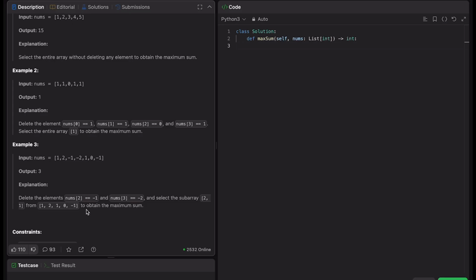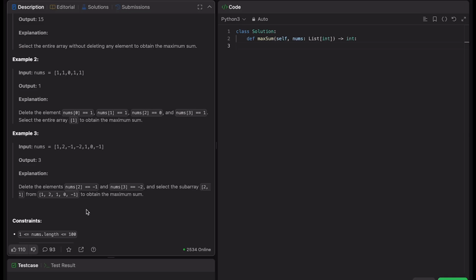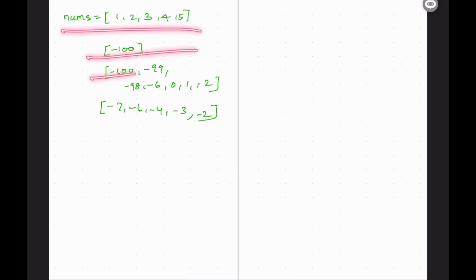So if you see, it can be possible that only negative elements are present in the array. If you think of only negative elements present in the array, what will happen? If you keep on summing negative numbers, the maximum sum will get decreased. If you have positive and negative, you should ignore the negatives altogether to get the maximum sum. So these are the different scenarios that we will take a look at. These are the examples that I considered to explain what we need to think about before approaching